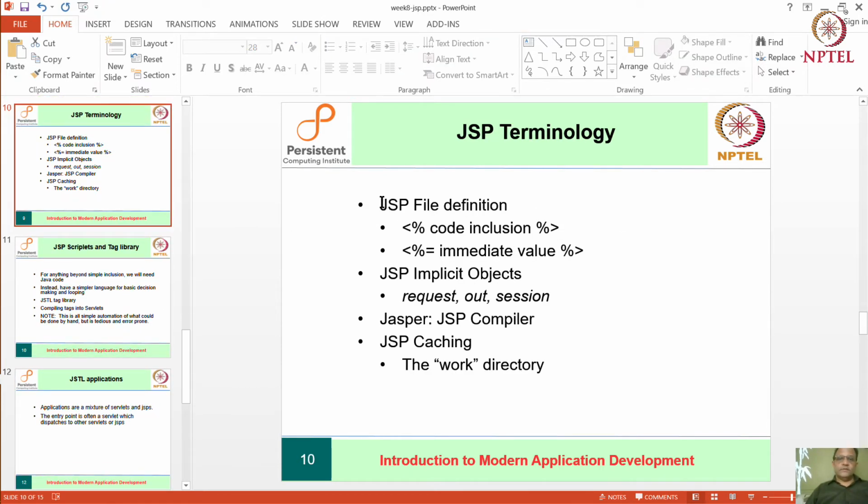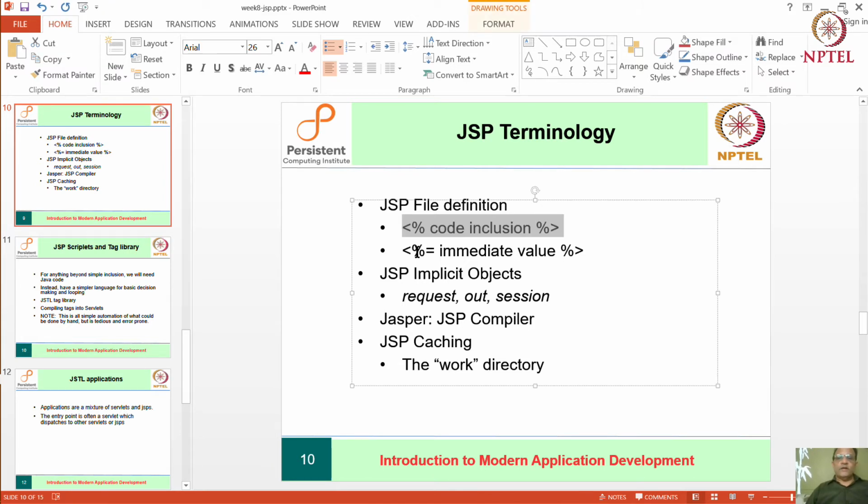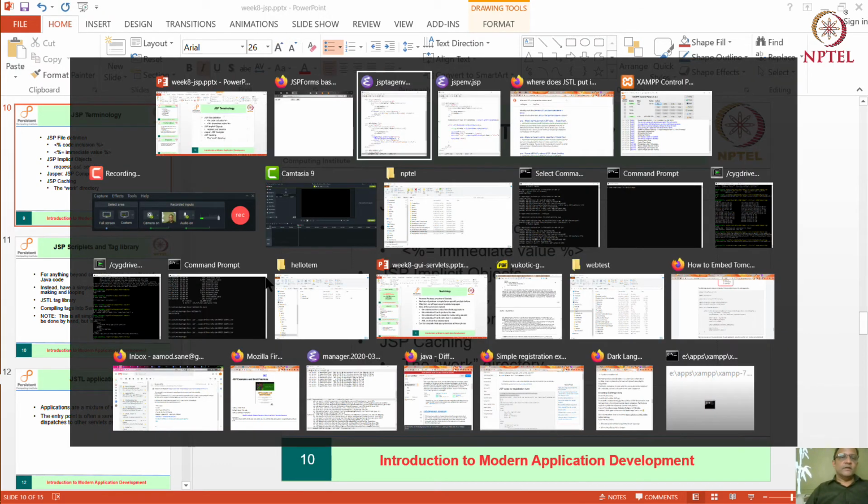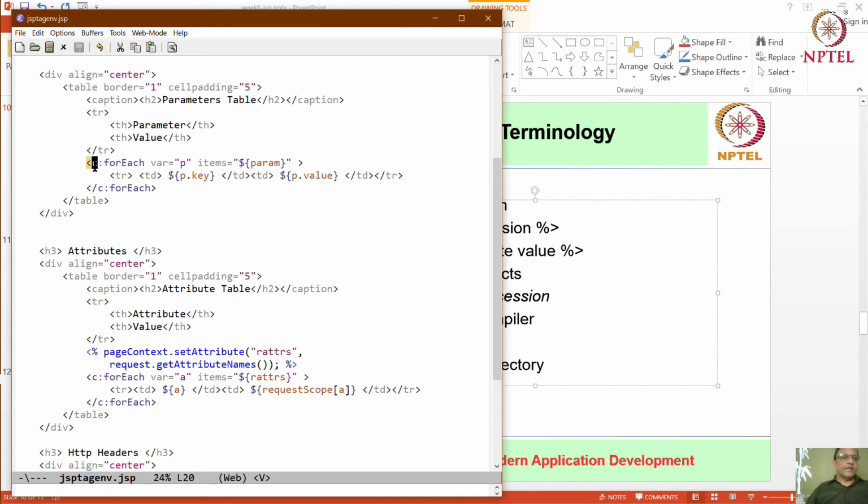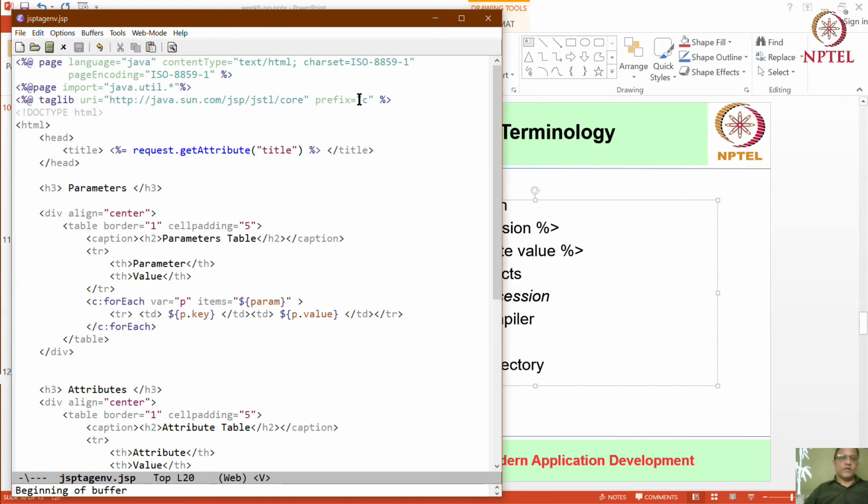And as far as this JSP is concerned, you have either code inclusion or values, or the complicated version which is tag libraries, which happen to involve syntax like C:, etc. Where, by the way, to remind you again, the C part at least was our choice, where we said we are going to use this prefix for all the things like forEach and all which are built into the JSTL library. Now the exact syntax and all the details, people have written entire books on these things.